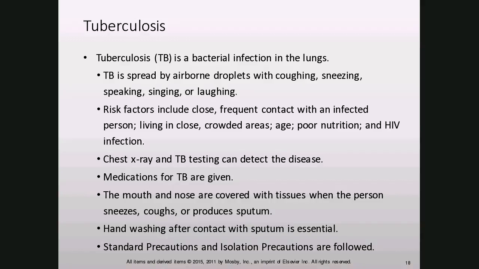If you suspect you have active TB, or they're not sure, they send the person to the acute care setting where they can be put into a negative pressure room. Because remember, with TB, you have to have the special respirator mask on. If this person has it, they're going to give them medications. These medications have to be taken for months at a time. It's not just a couple of weeks, 7 to 10 days. We're talking about 6 months down the way.